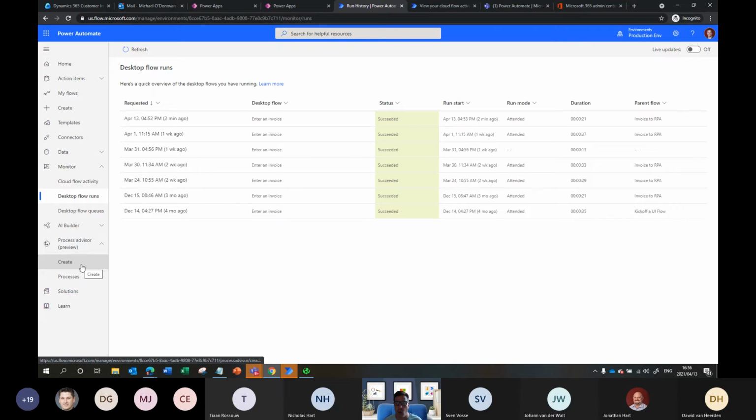Then you upload all of those recordings into Process Advisor, and it analyzes what's similar and what's different to the way that the people do their process. So you can see, hey, 8 out of the 15 people use this way of creating a case, and the other people do this way of creating a case, and that way is much faster. And so now you've got a way to go back to people and say, hey, rather do it like this, it's much faster this way.